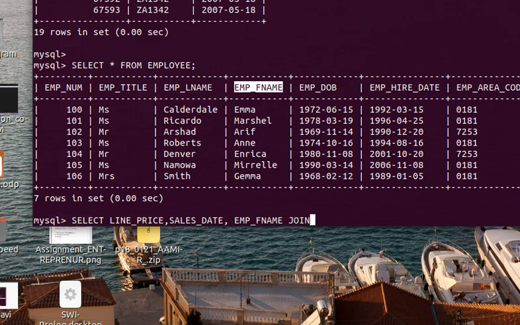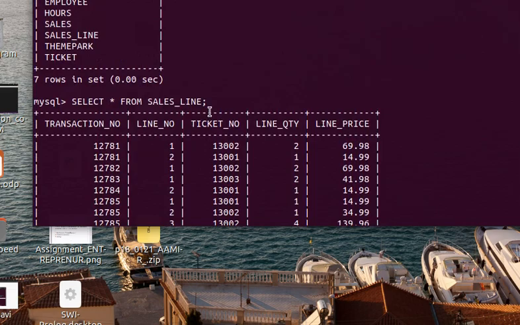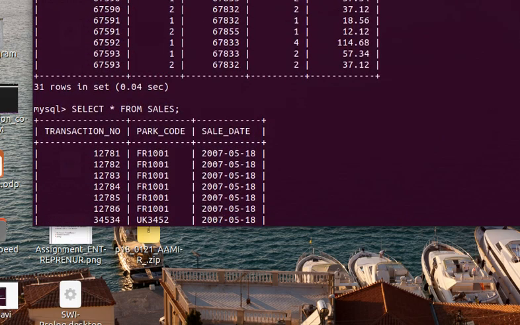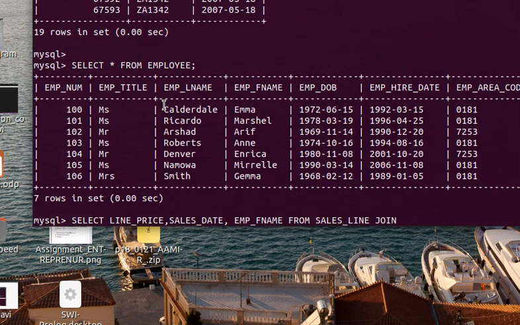And join, first name. So employee first name, from the first table, which is sales line. So this is sales line. Join this sales line with this table which is sales.